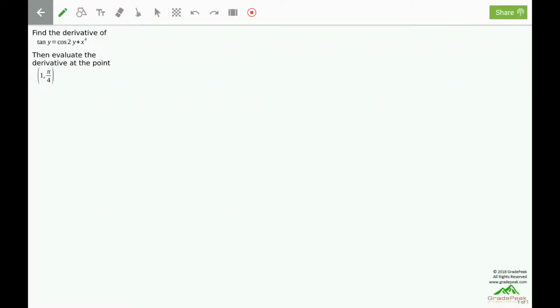Find the derivative of tangent y equals cosine 2y plus x to the fourth. Then evaluate the derivative at the point (1, pi over 4). We have an implicit equation here. We have an equation involving x and y, but it's not solved for y in terms of x,